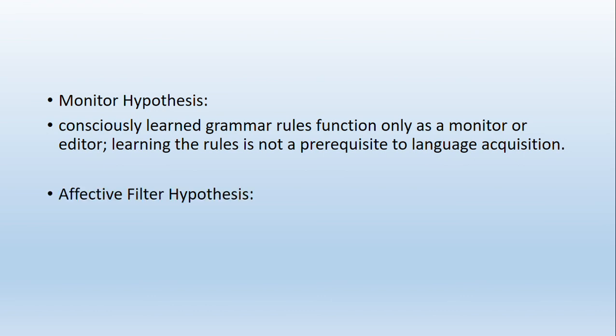He also developed the affective filter hypothesis, which states that affective factors can play a debilitative role. So, for example, if your affective filter is high, it means that you are emotionally vulnerable, let's say, and then you don't learn very well. So it happens, for example, to shy students, to people who are anxious, and then they don't learn well because their affective filter is high. So according to Krashen, we should lower students' affective filter to make learning more effective.